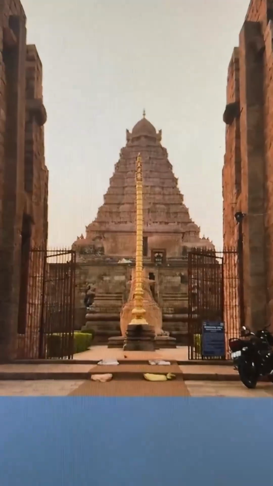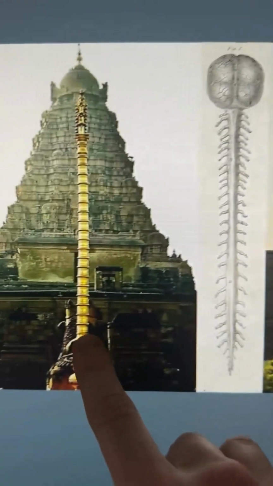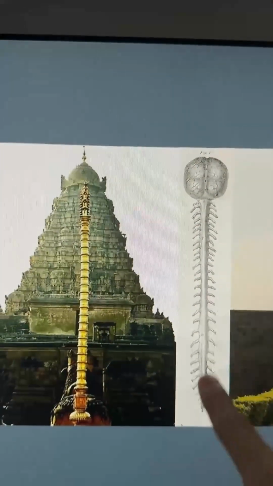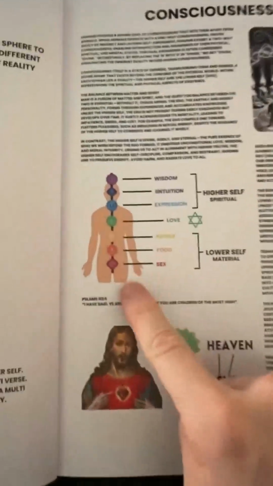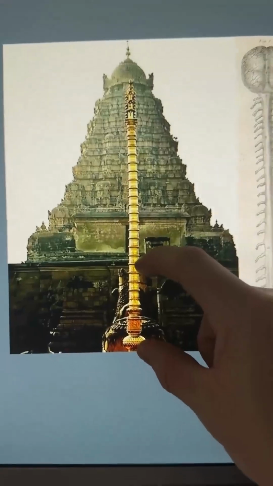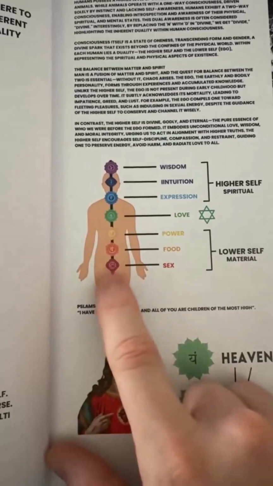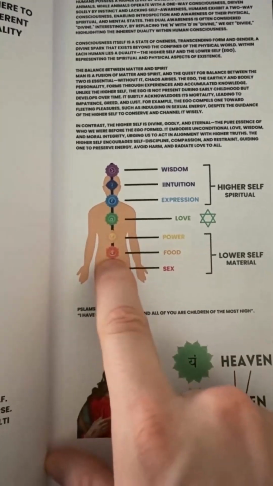And the first thing you see when you enter is this animal, and the animal gazes up at the top of this pyramid. Then you look in front of the animal, there is a long pillar going up to the top of the dome, which is the spinal cord and the brain. Even the dome matches up perfect with the dome of your head. In spiritual traditions, the spinal column is considered the stairway to higher consciousness, because the lower end of the spinal column symbolizes the lower mind, where your lower thoughts and desires take place, of sexual desire for the sexual organs and the digestive organs for food.